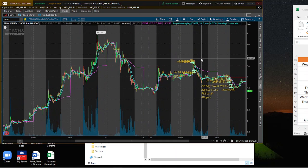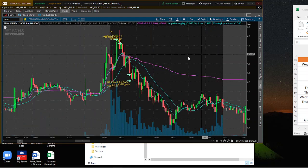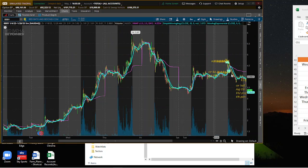So that was the 18th of January. Traded that. Short here, miss the add I think, and then cover down here. 8.6% gain, not wrong with that. Okay,